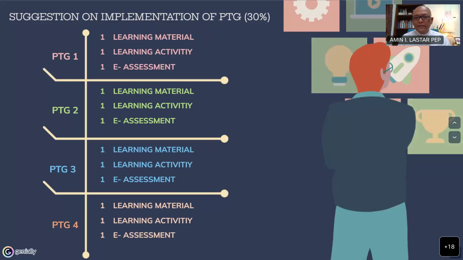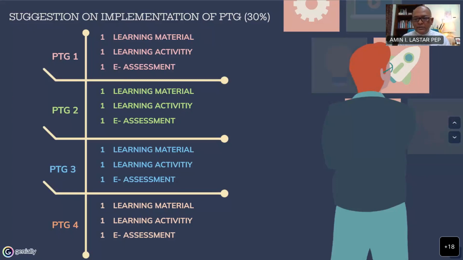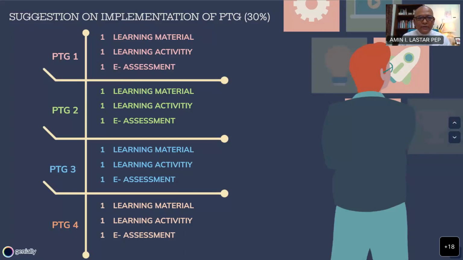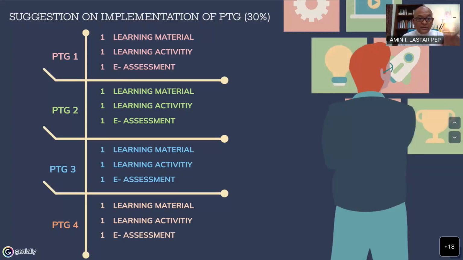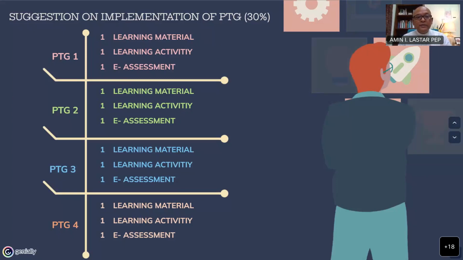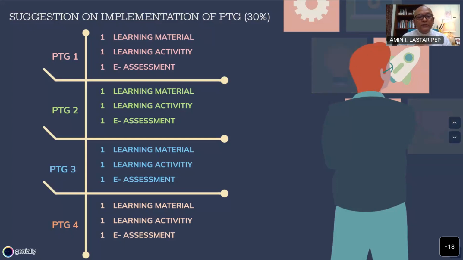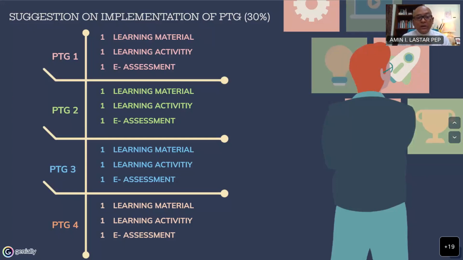I think that somehow answered Dr. Atira's question when it comes to how we measure the 14 hours. The 14 hours here is divided into 4 PTGs. You see there are 4 PTGs there. Each of them consists of a combination of one learning material, one learning activity and one e-assessment.